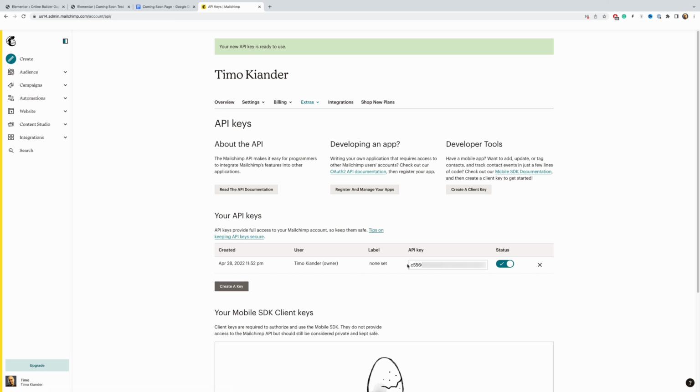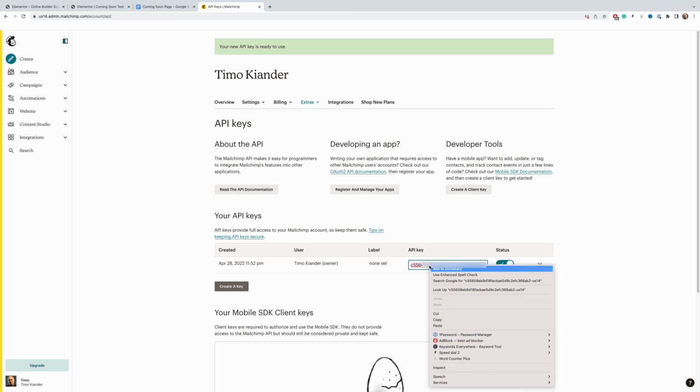No worries, it looks very confusing. Just make sure to click inside of this form field so that it activates, and then copy this string into your clipboard like this, and you are now good to go. You now have an API key, but you also need to make sure that this API key is in your